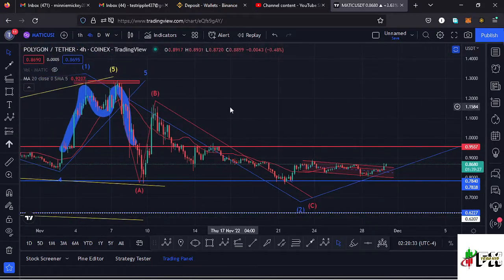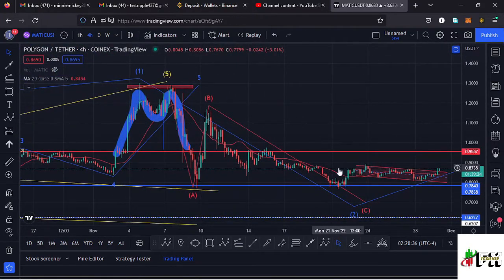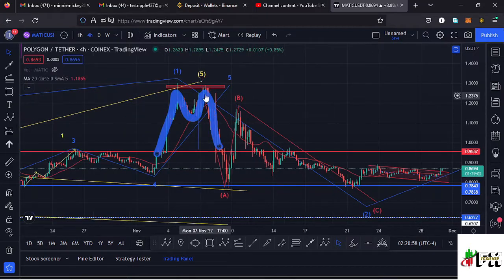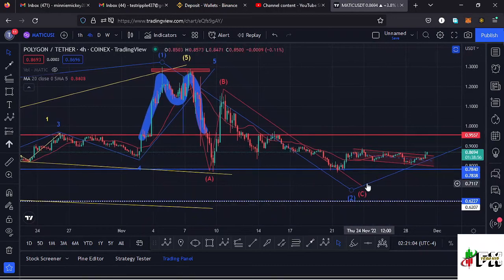And zooming in so that I can also give you the short-term scenarios that can play out over here. In the formation of a second wave, which is a corrective wave, we also expect to see an ABC corrective structure, and I believe we are seeing such a structure right here, having this as our wave A, then a wave B. Then I'm expecting Polygon Matic to continue pushing even lower in the formation of that wave C,